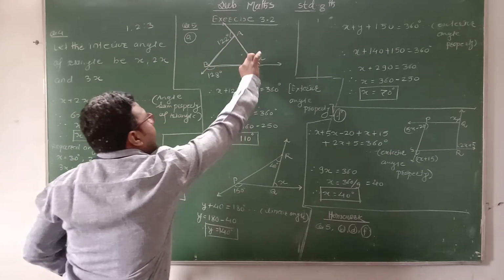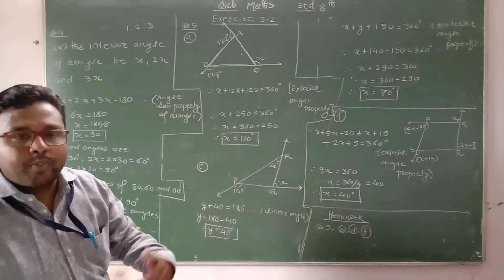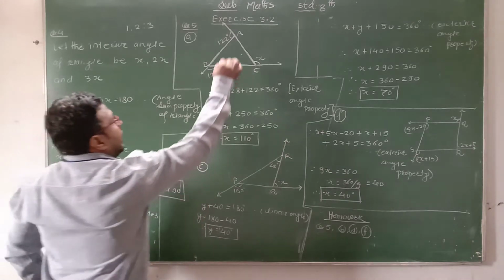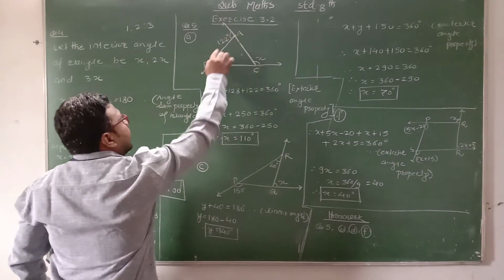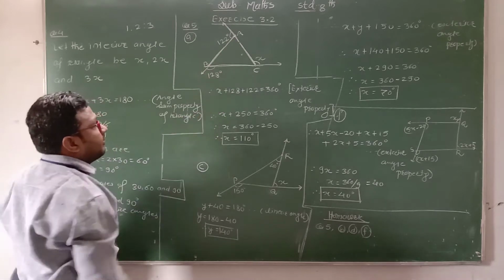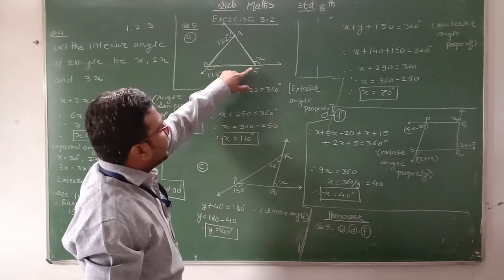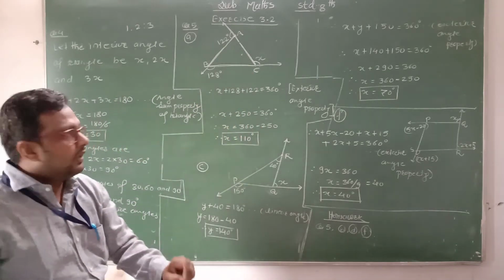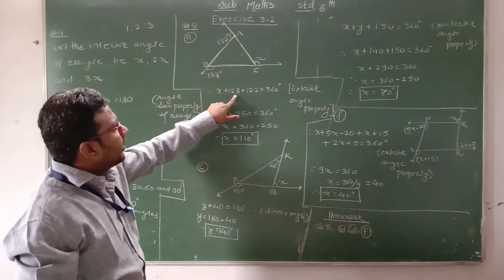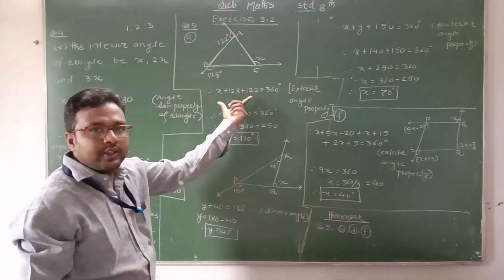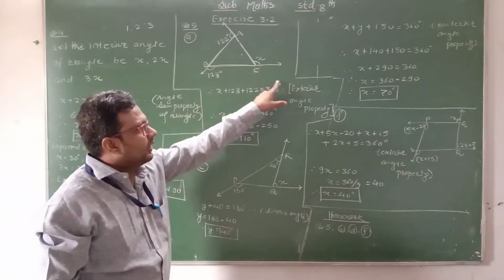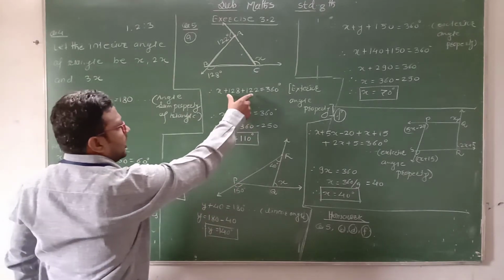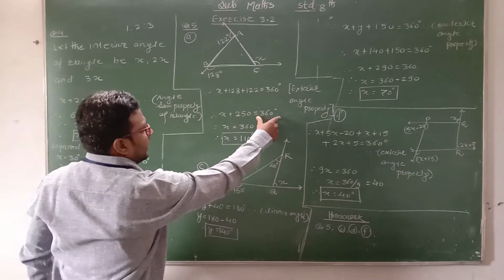So remember the exterior angle property. For any polygon, the sum of exterior angles is 360 degrees. This is the rule. Okay. Now the exterior angles at vertex A and B are given as 122 and 128. X is the exterior angle at vertex C. Okay. The sum of the exterior angles for any polygon is always 360 degrees. Therefore here we write x plus 128 plus 122, the sum of exterior angles, is equal to 360 degrees. Exterior angle property. Now here we solve the equation. X plus the sum of these two numbers, 250, is equal to 360.